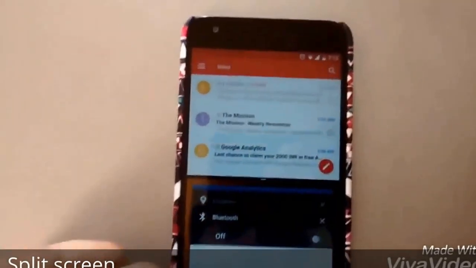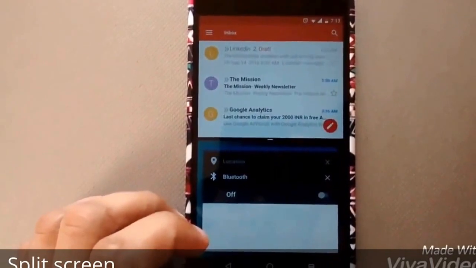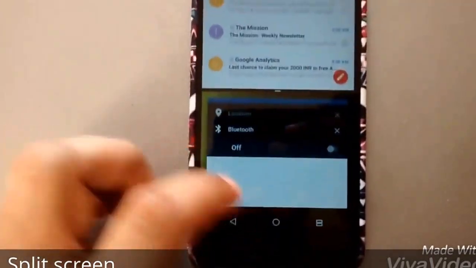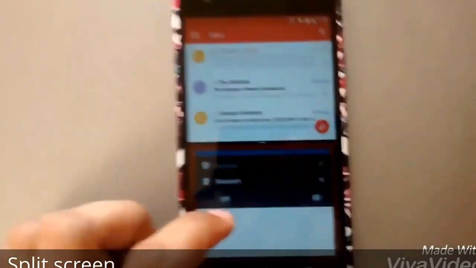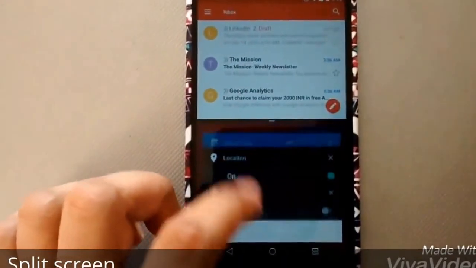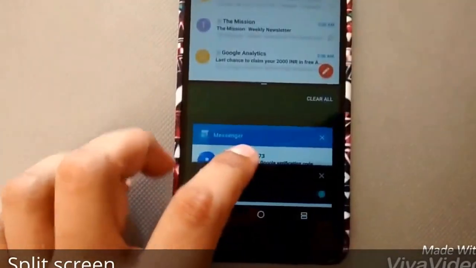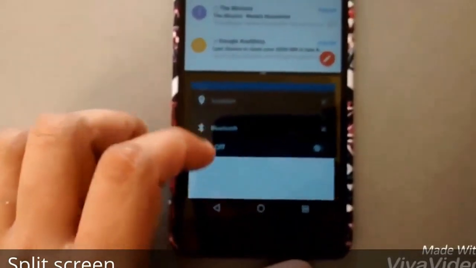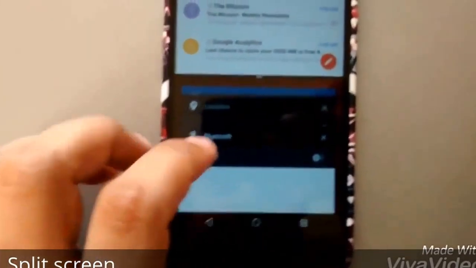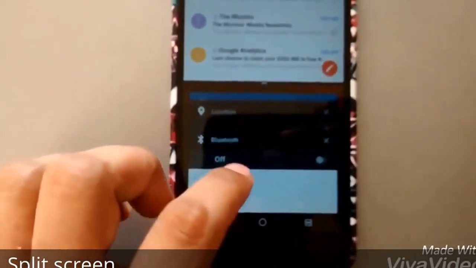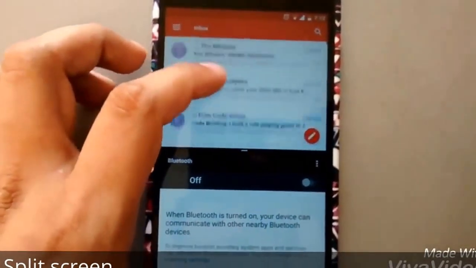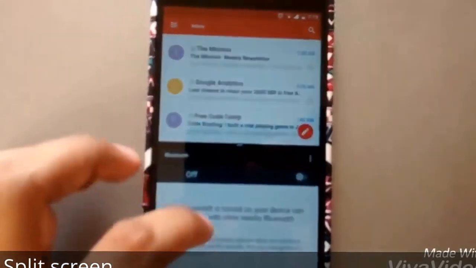Alright, so as you can see, Gmail is taking the upper portion of the screen and we can see that Android multitasking window here. So we can switch apps and put one app in the foreground. So let's pull this one app in the foreground, Bluetooth. Alright, so as you can see we can work on two apps side by side.